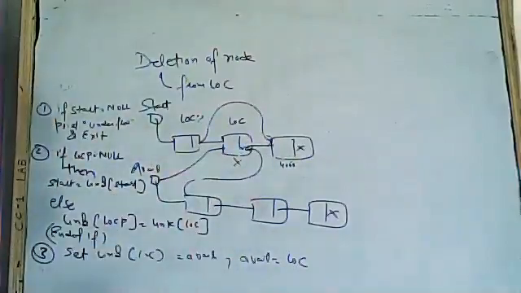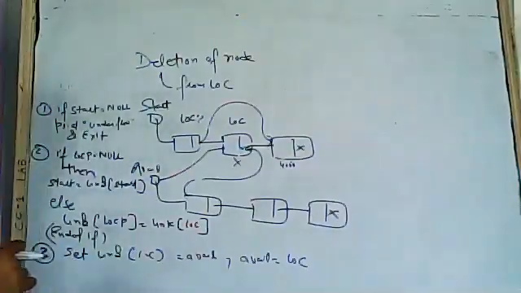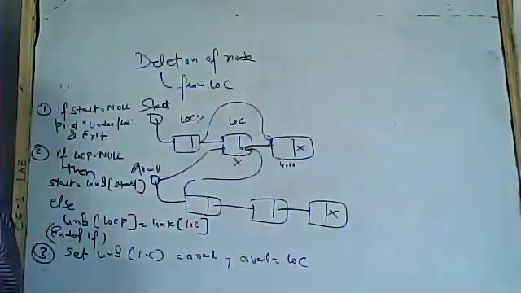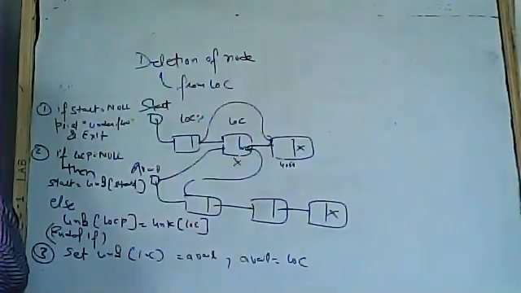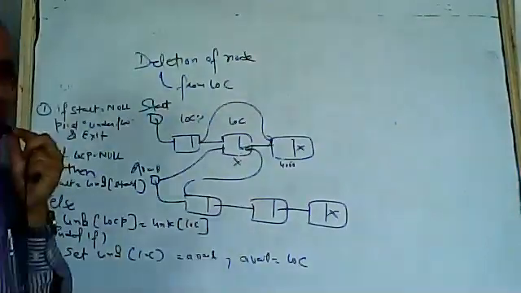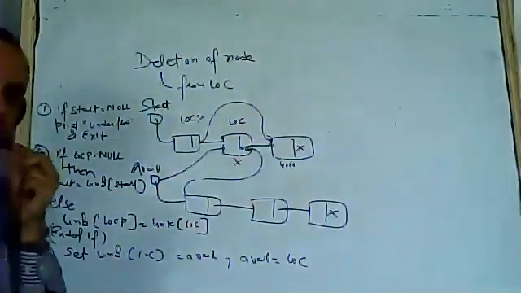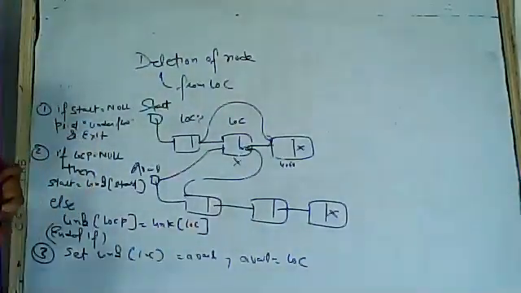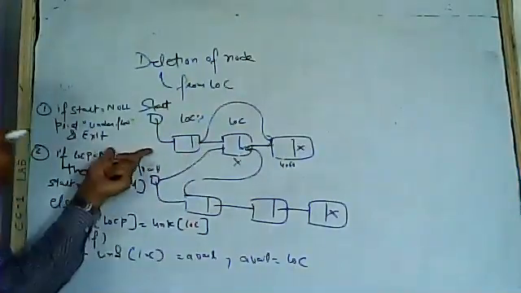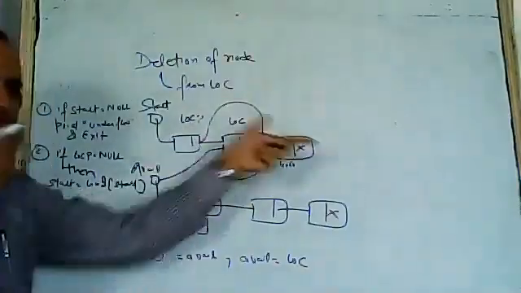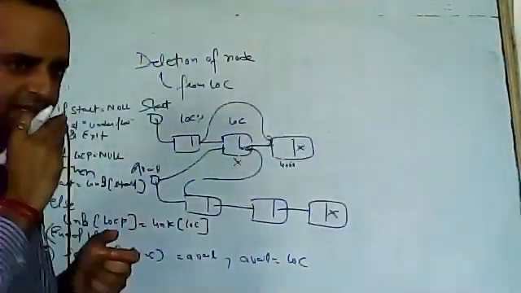Sir, if there is a node before log p also, then would that condition not go to start? No, in that case it will not go. We see the algo is not always fixed. We can make minor adjustments in the algorithm. In that case, even if there is a node before it, what difference does it make? Because log p is going to point to the next node. It has nothing to do with the previous node.